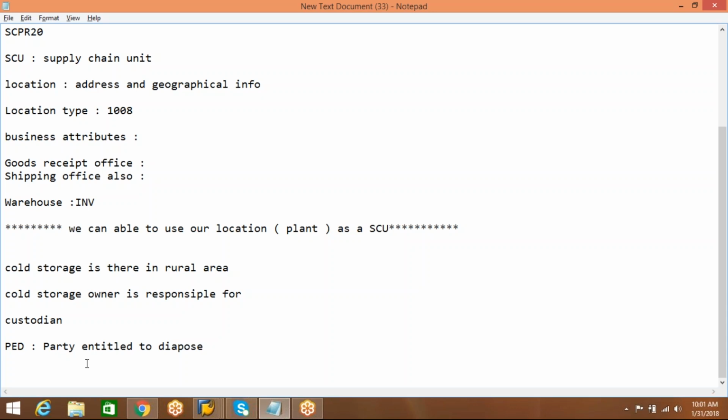This is what I understood: whoever dispatches that particular material to the customer has some identification to identify that particular product. This is the source of the material, and from there it is coming. Okay. Coming to here,